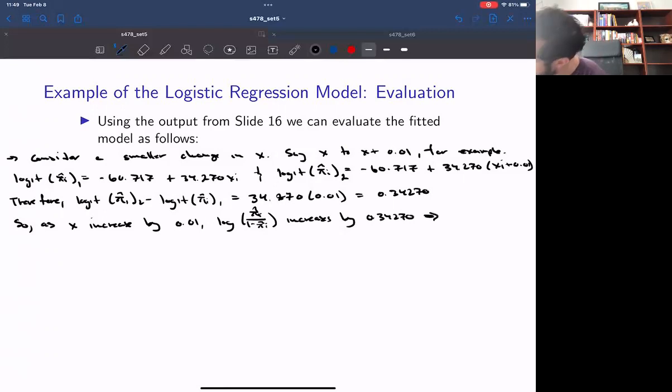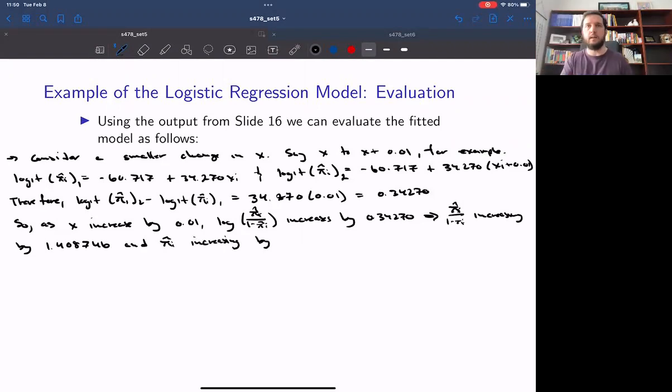Okay, so this corresponds to pi_i over 1 minus pi_i increasing by a factor of 1.408746, and pi_i hat increasing by